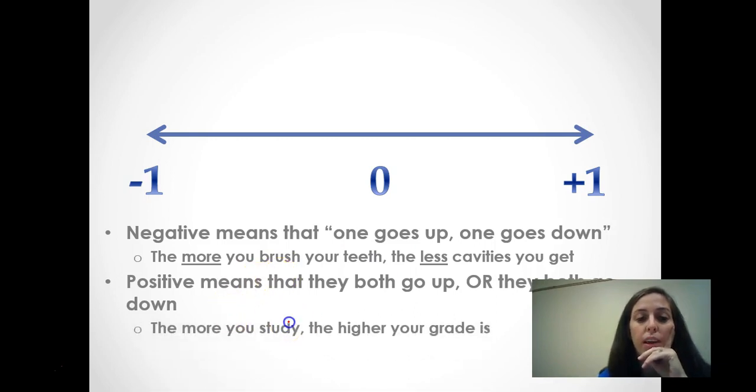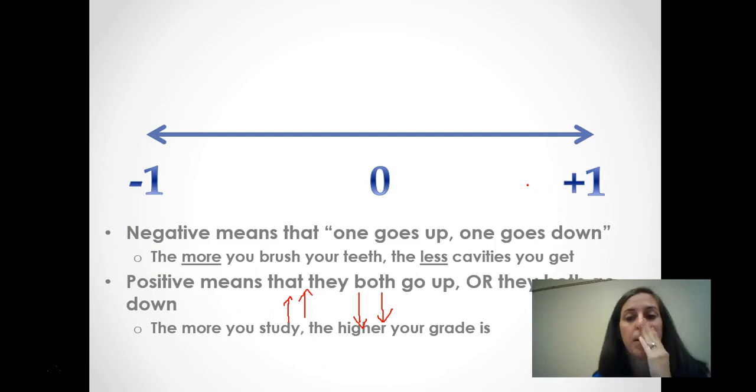So the more you study, the higher your grade is, the higher your GPA is. There's a positive correlation. Now you can also say the less you study, the lower your grade is. They both go up, they both go down. I'm talking about the same scenario. So that's what a negative versus a positive looks like. I'm going to have you guys practice this in a second. And the final piece here